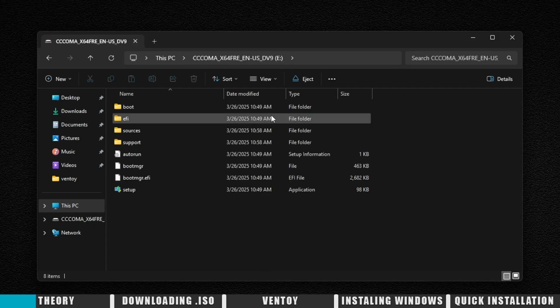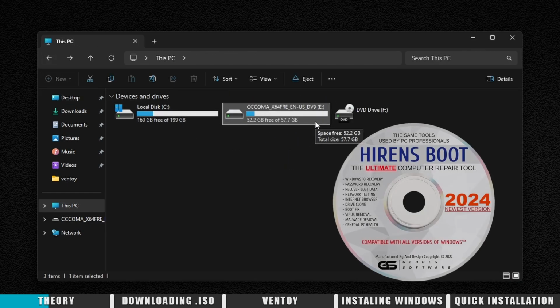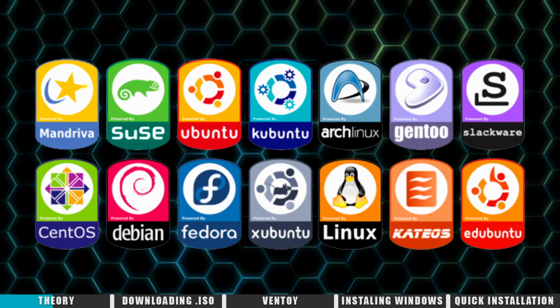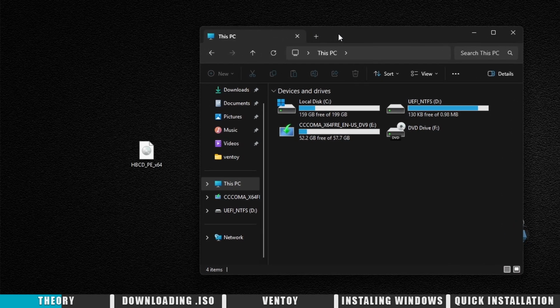For example, if you have a 64GB flash drive and the Windows installer takes up only 5GB, you might want to use the remaining space for a recovery tool or another OS, like Linux. However, most programs don't allow this. They erase all data and write only a single ISO image.